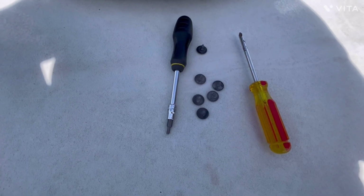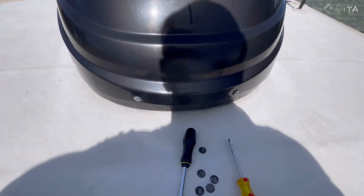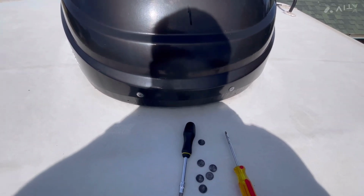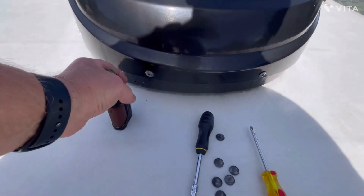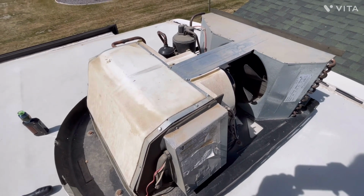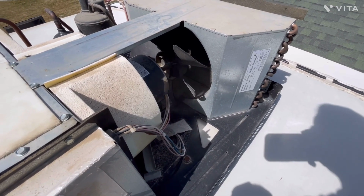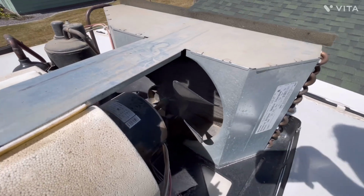Right now I have 6 of the 8 screws out on the rear unit. I have 2 more left, and these screws, they're Phillips head. They come out real easy, and when you put them back in, you don't need to reef them down like Superman. Okay, so we've got the cover off, and we're looking at the Dometic 15K AC combo heat pump unit, and what I'm going to be blowing out is